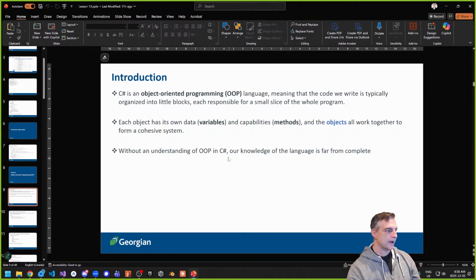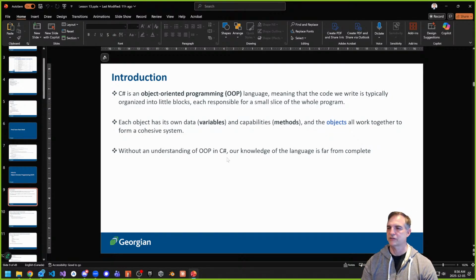Now, there are some opinions about object-oriented programming. It's not the be-all and end-all, that's for sure. It's just a design pattern, if you will, or a style of programming. There's also something called functional programming. Functional programming is how we've been going along up until now, for the most part. We've been using some classes.